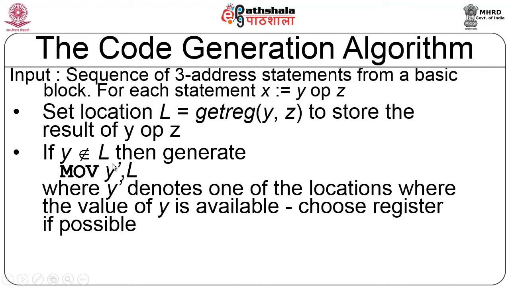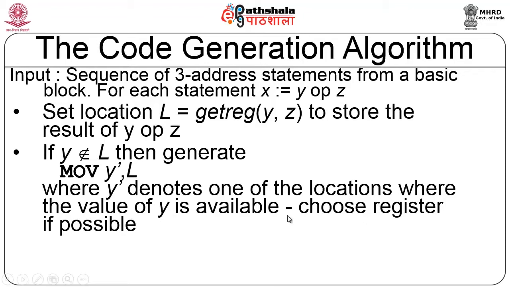So this y dash can be available either in a register or in memory. If it is available in the register, we will issue the command, which will say again move R0 comma R0. So again it will be a redundant instruction that can be handled later. So typically this value of y is moved into a register if it is available in memory. If it is already available in a register, then this command is of no use, which will be removed later during code optimization, not here.